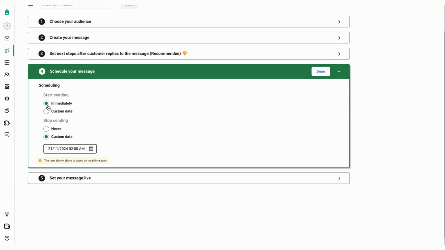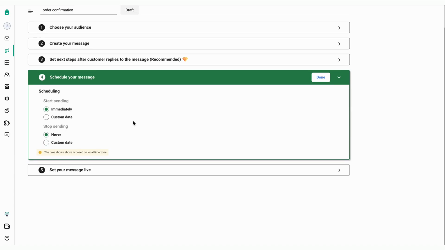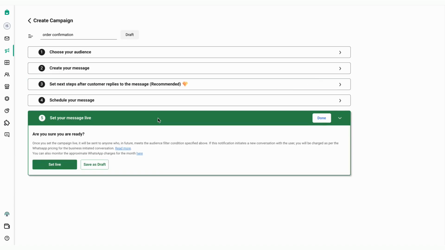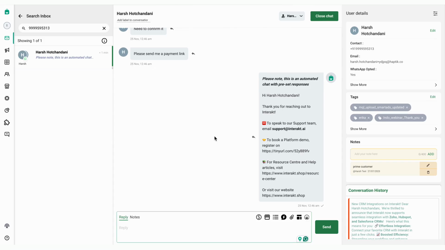Scheduling would be immediately, which means that the campaign would start immediately as soon as you set it live, and you can set the stop sending as never unless and until you manually pause it. After this, you can simply click on set live. To test the order confirmation flow, you can simply go to the inbox and click on this button which says